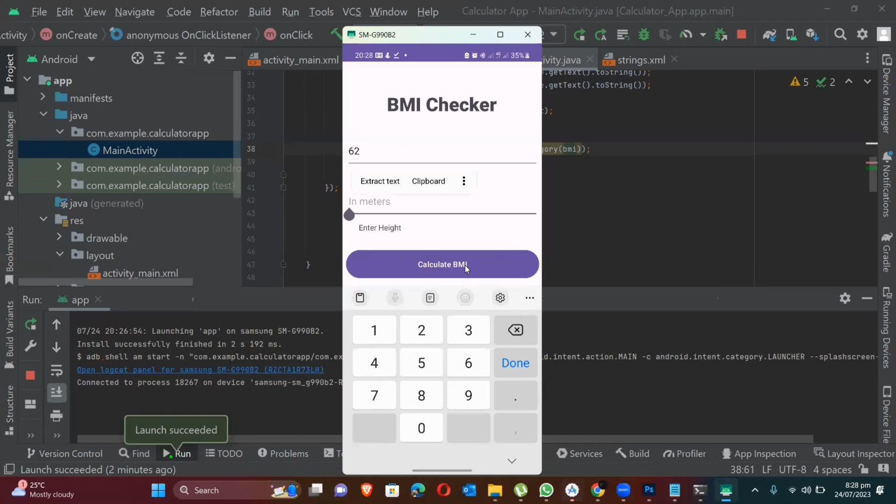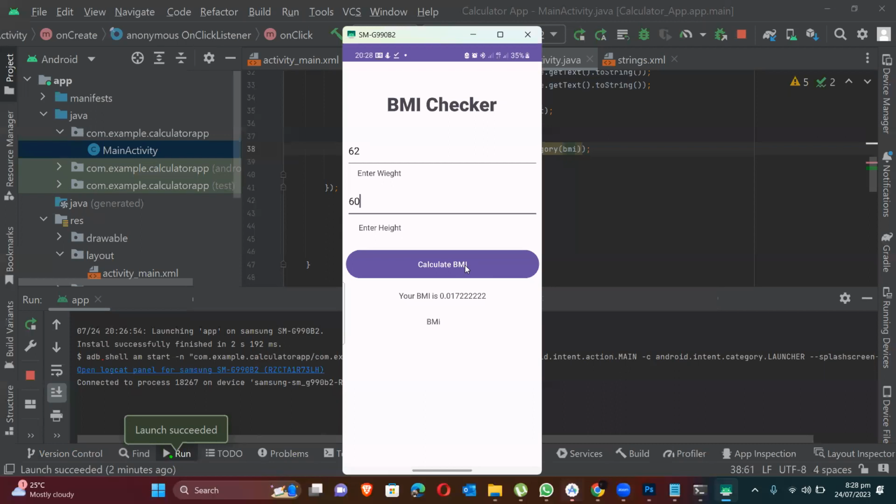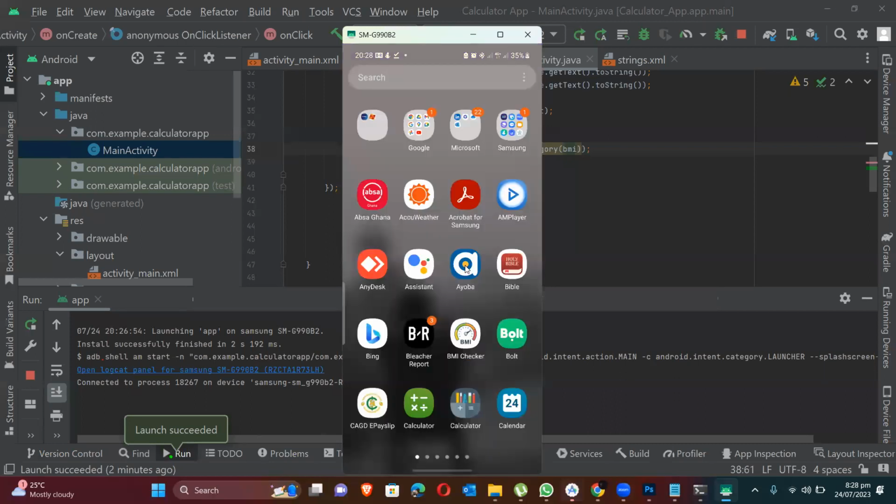Let me help. So let's say the person, we'll calculate it. 100. Hey, this is too big. Let me say it's like this, whatever. So if I press it, it tells me that the BMI of the person is 0.0